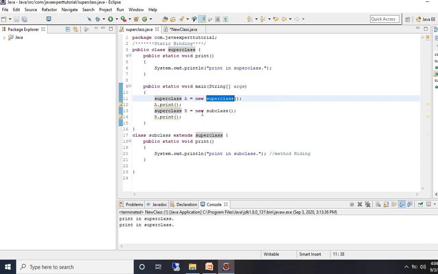But here the superclass method will be invoked because the print method is static and we cannot override a static method.